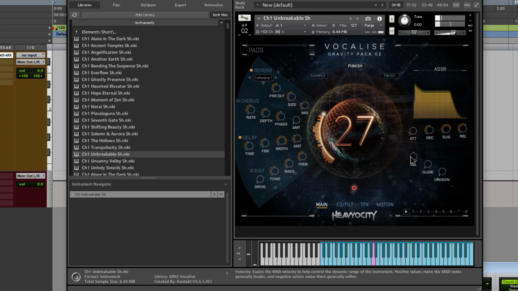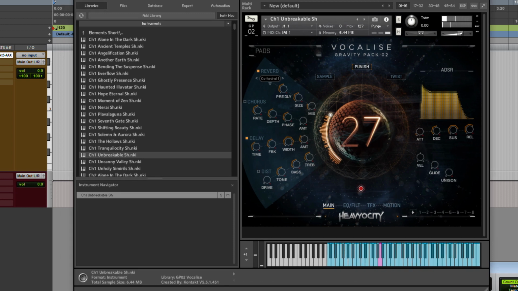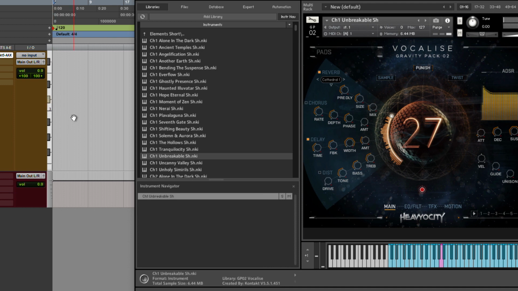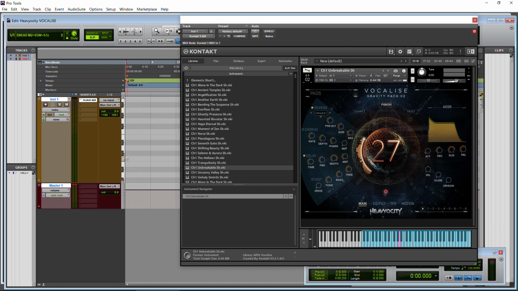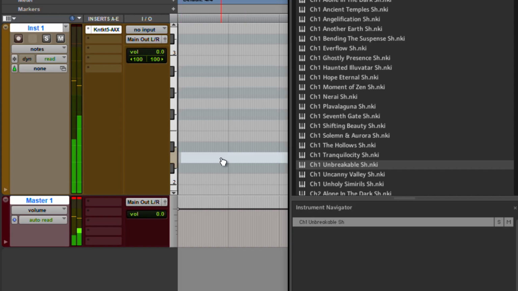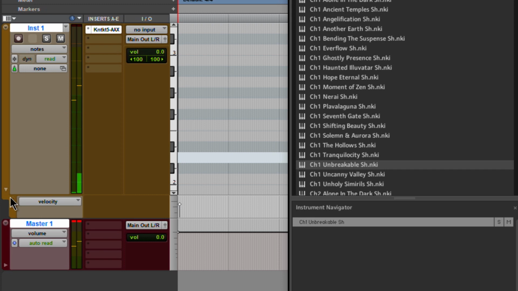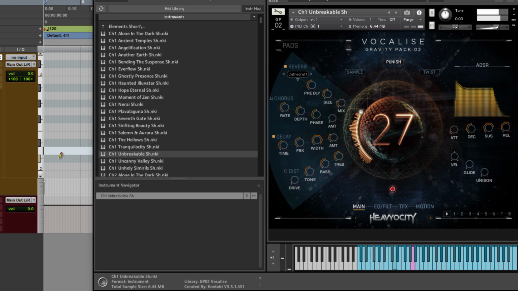All right, now for velocity, since I'm not using a keyboard, I'll have to put a note here in Pro Tools. So I'll grab my pencil tool here and we'll just draw something in here. Open up my velocity layer here. Pull it up to say 110 or so. And when I play back,